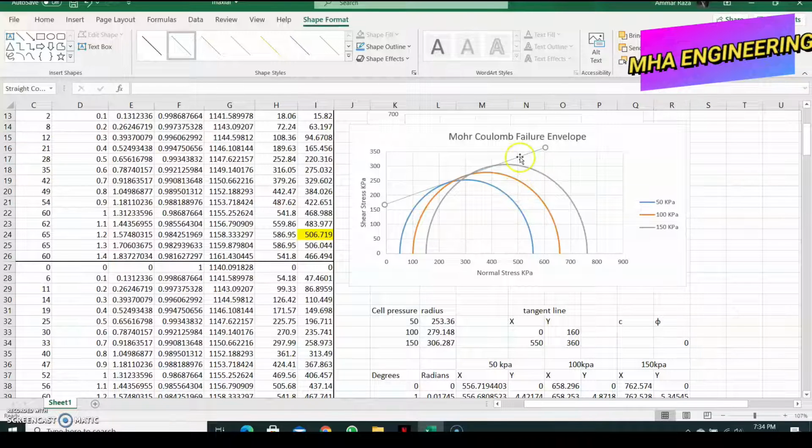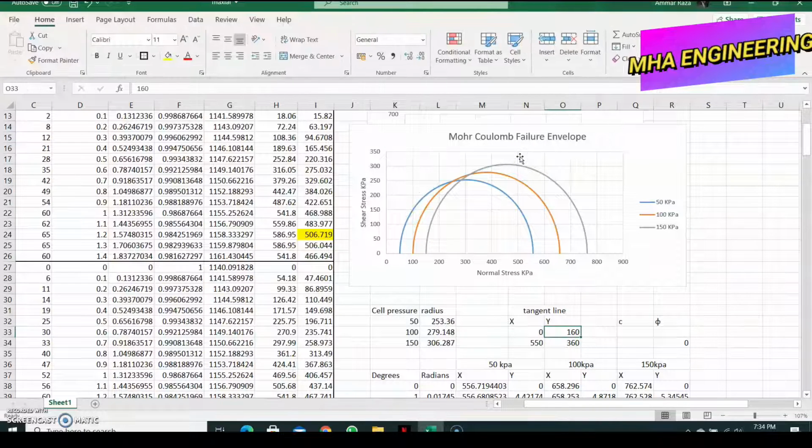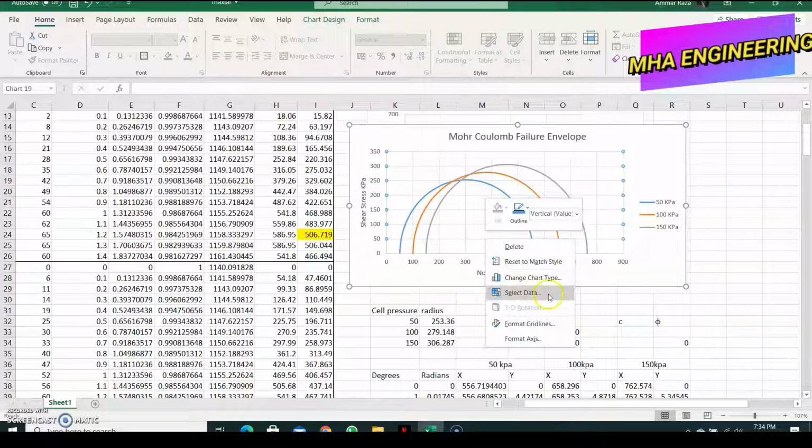Or you can use a bit of trial and error, say if it was 150 and 350, our first point would be 0 and 150, and the second would be 550 and 350. So if we draw a line for that,